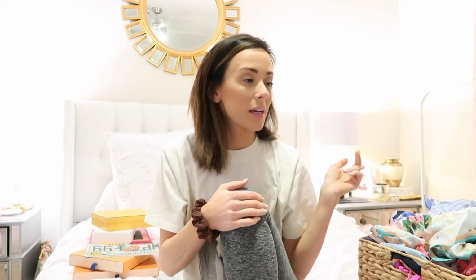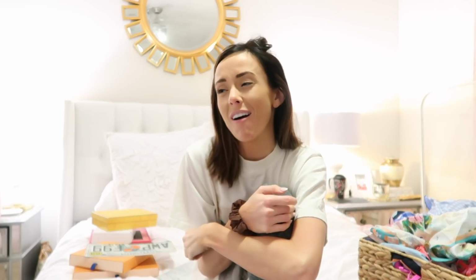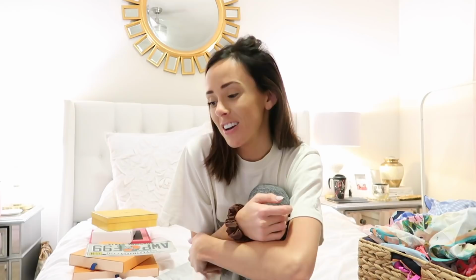I also went through my t-shirts that were in that basket that I had pulled down. A ton of them were easy to be like, yeah, donate. But there were some that I was like, oh, I wore this all the time. There were probably 6 t-shirts from my sorority days, Greek life, my college t-shirts. And I was like, oh, it's hard to give these away. I mean, I don't ever wear them. I think I have 1 or 2 in my dresser back there, and I wear those. But you know, I don't need to keep